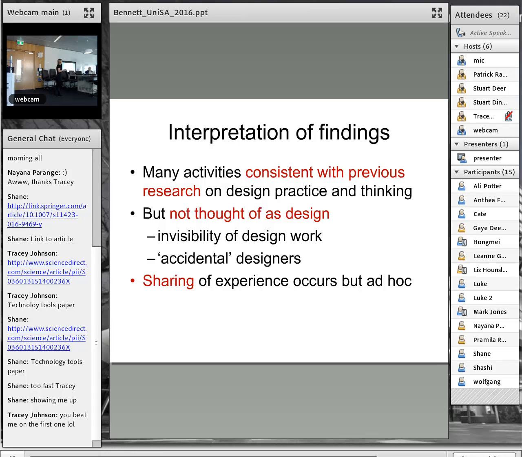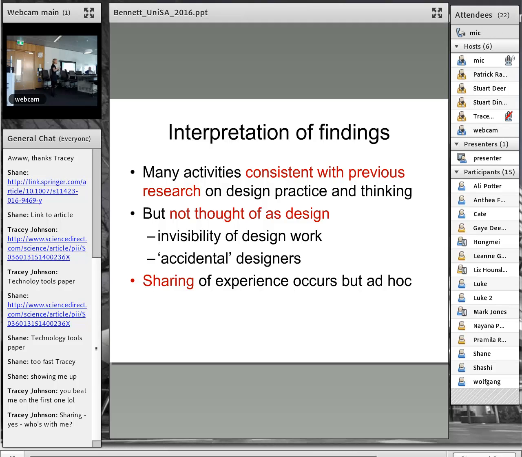So when people were talking about where they get their ideas from, they didn't really have a particular process for doing it. A lot of people did go to the literature. They were looking for papers and case studies. They were hearing about colleagues' designs, maybe at a conference. But again, it's really an ad hoc kind of activity and not part of a practice they'd taken on, although they knew that it was really important.